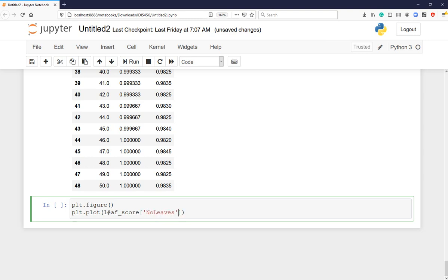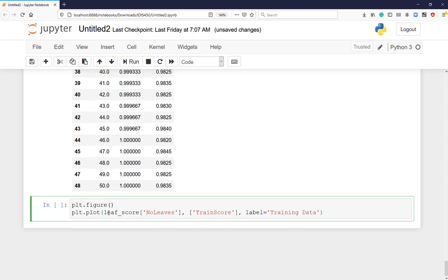And then train score, that was the name I used. All right, of course I need to put it in the brackets, right? And then I can label it, I can say the label for this line is going to be training data,